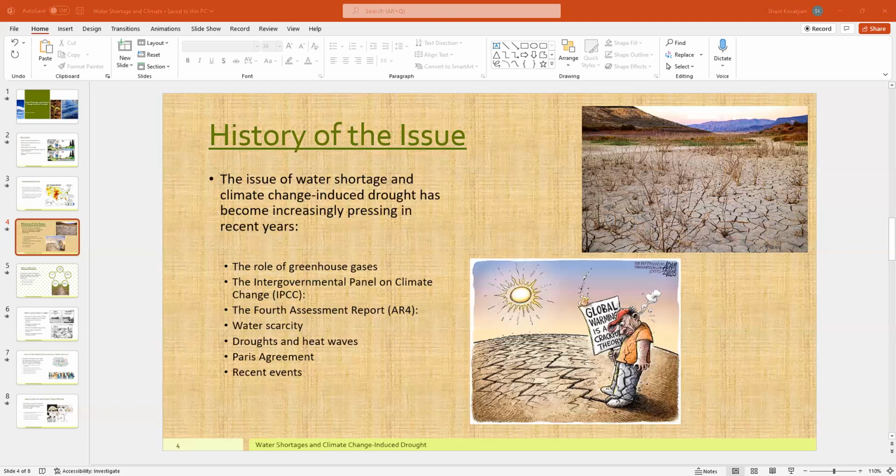And in recent events, we see the weather has completely changed from how it was when we were younger. There are severe droughts occurring in many parts of the world, including the United States, South Africa, and Australia. These events are all urgent and need action to be taken.